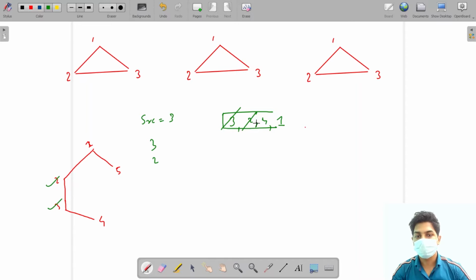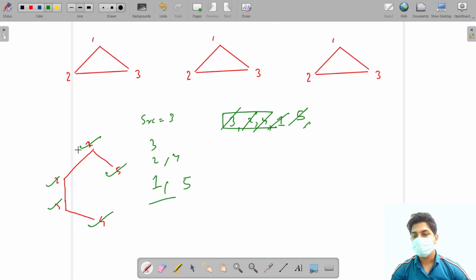Now 4 will be removed, marked visited and printed. There is no neighbor of 4, so nothing will be added. 1 will be removed, marked visited and printed, the neighbor of 1, that is 5, will be added in the queue. 5 will be removed, marked visited and printed, there is no neighbor of 5, so nothing will be added in the queue and the traversal is complete. So in this case you saw there is no node which was already visited got visited again, means a visited node does not get visited again.